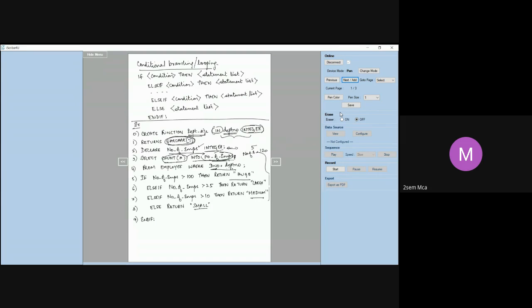So what is this function doing? Department size is the name of the function. Department number is the parameter that we have given here. It is an input parameter. That means you should accept the value for this department number from the user. That is why we have specified it as int. Data type is integer. Returns: since we have declared a function here, it should always have a return type. What is the return type here? Varchar, that is a string.